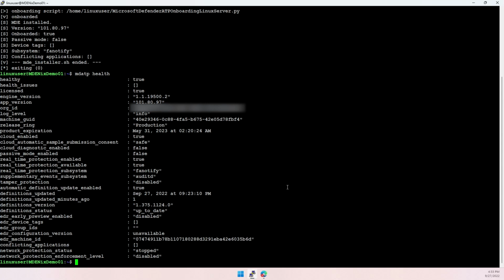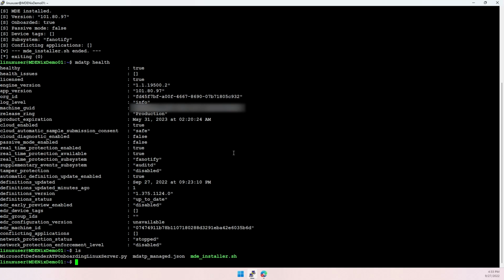Sure. So I tell you what, let's go back to our favorite console piece here, and let's take a look at that. All of these different settings in Defender for Endpoint on Linux can be managed through the command line. If you have the right permissions, you can go in there and change any of these settings that you want, or you can create a configuration file to manage those settings.